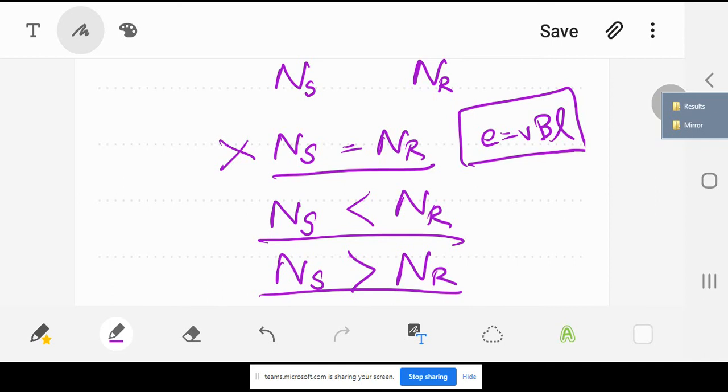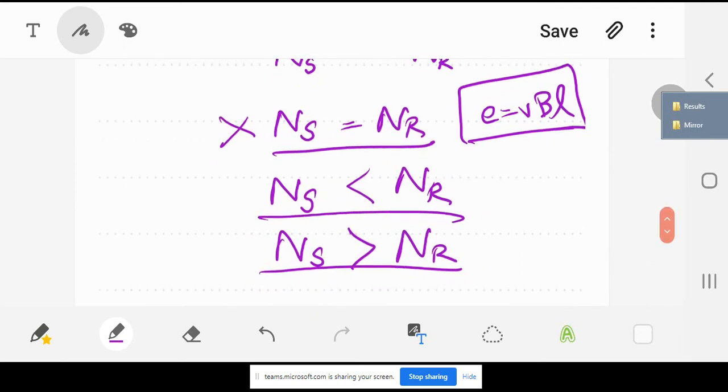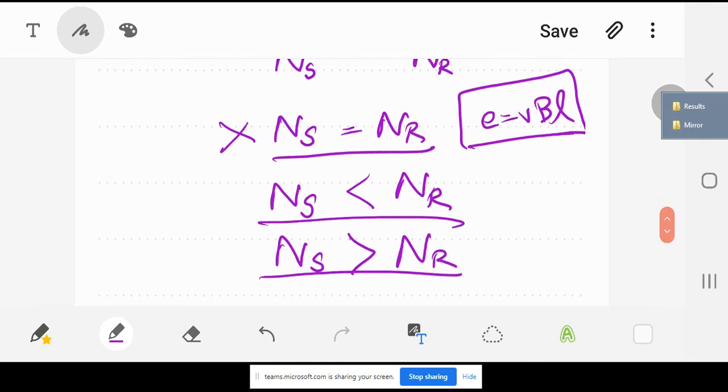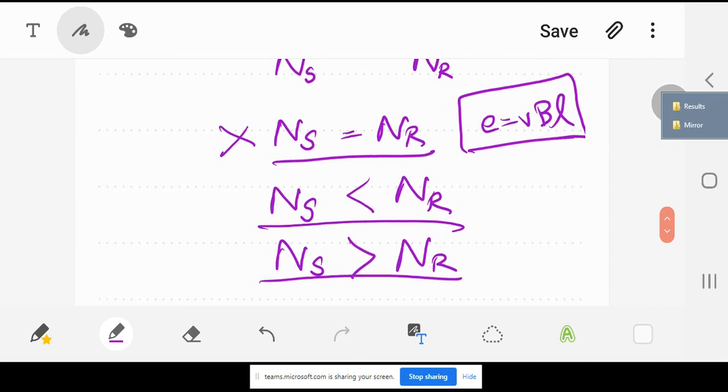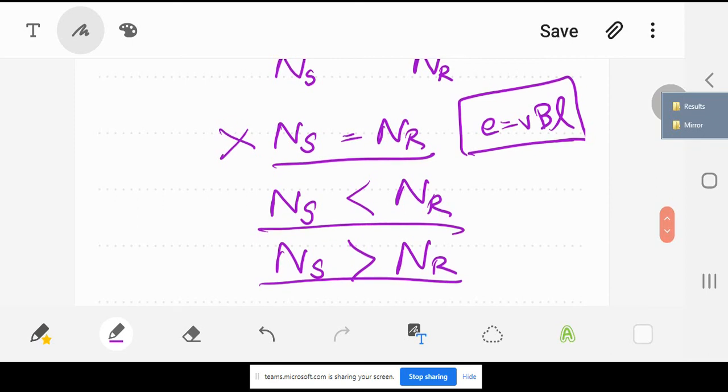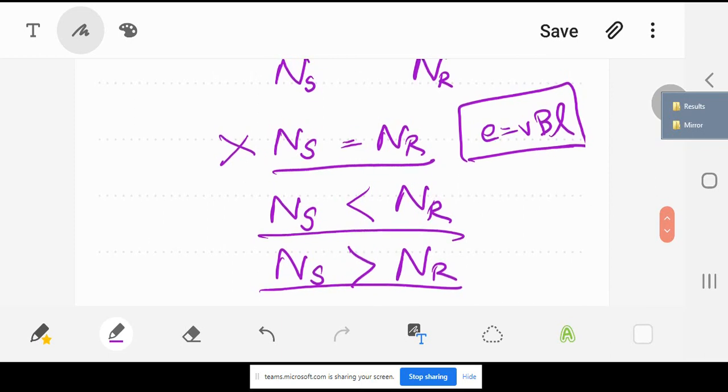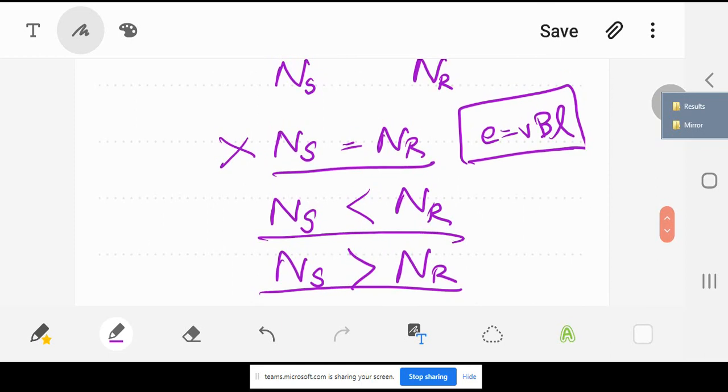The second one, in which ns is smaller than nr, means that the rotor has gone beyond the speed of the stator magnetic field. This is against the law of conservation of energy also. The reason is, suppose you put in a speed of 1500 rpm and the rotor starts to move at 1600 rpm. This means you have put in some 100 watts of energy and you are getting something like 1200 watts of energy. This is against the law of conservation of energy.